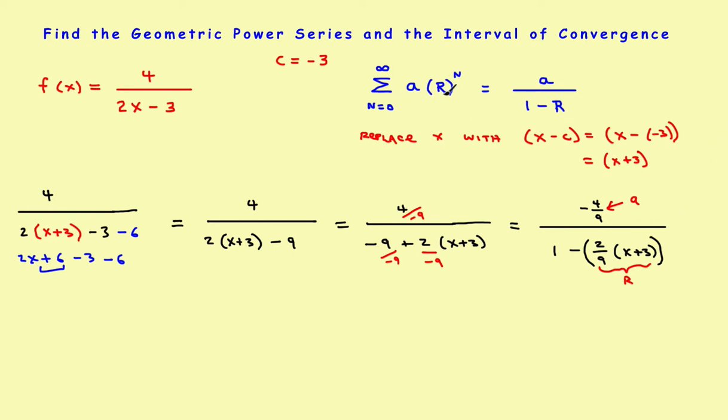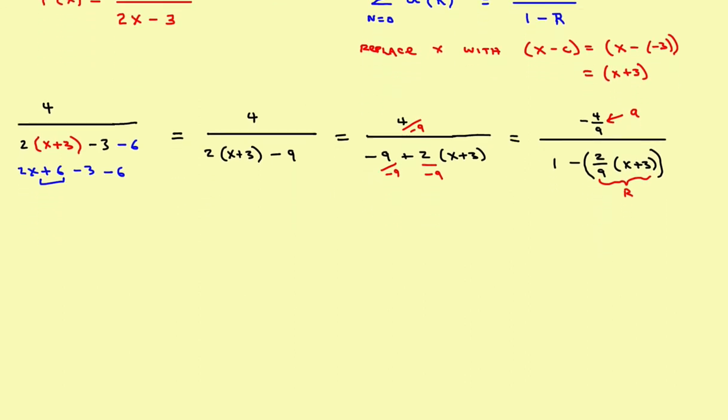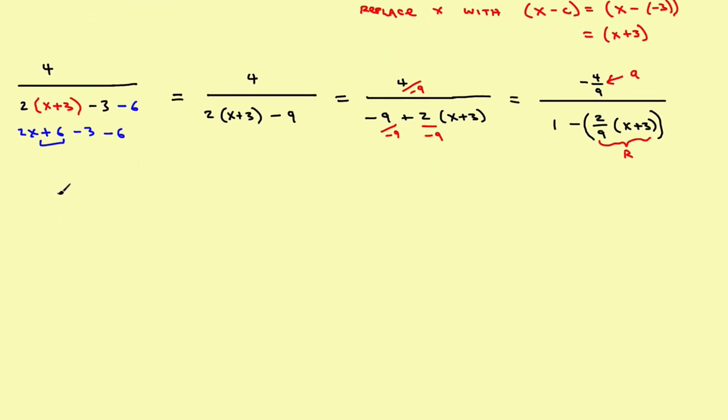So we'll go down and we'll put it in this notation right here. And just like in those previous problems, I'm going to start out by just writing the formula down. So that's going to be the summation as n goes from 0 to infinity, and again, I'll put a sub 0 times r raised to the n power. So plugging in the things that I know,